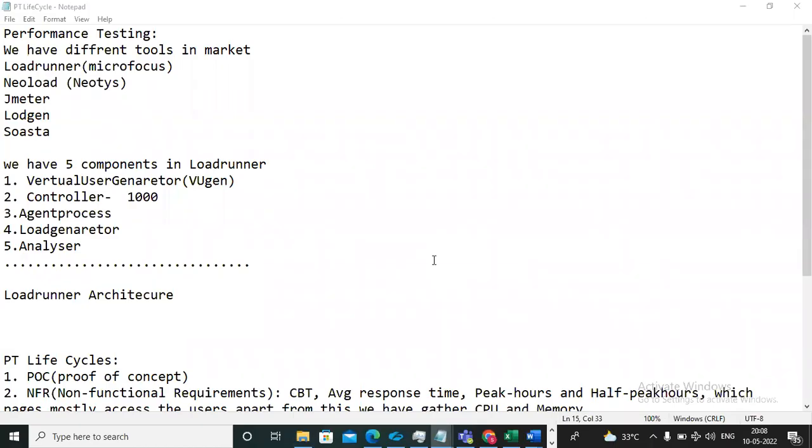So in performance testing, we have different tools in the market. What are the tools in the market? LoadRunner, NeoLoad, JMeter, LoadGen, and SOASTA. Using these tools, we can do performance testing. All of these are in the market, but one of the important and powerful tools will be